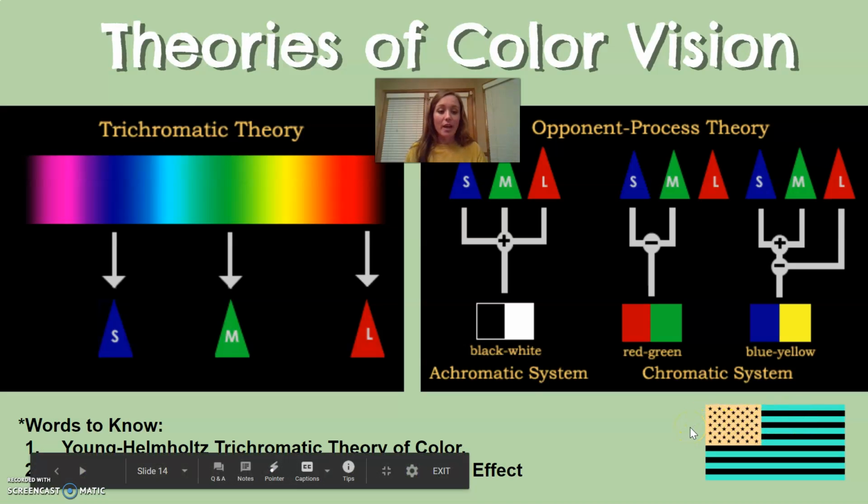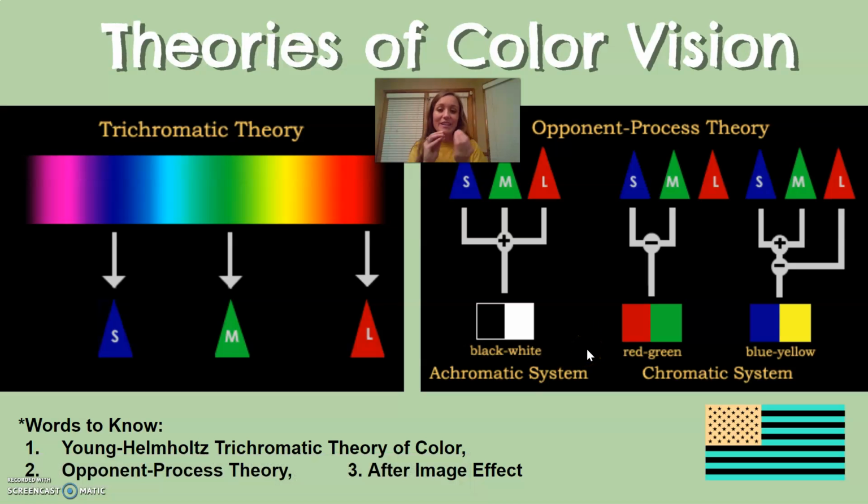The idea behind this is that your cone that is seeing blues, or your cone that is seeing greens, or whatever is going on, is getting tired, and so it will kick on and see the opposing color if you look at a white wall. And so that's the support for the opponent process theory. So in this video, we learned about parts of the eye and the visual